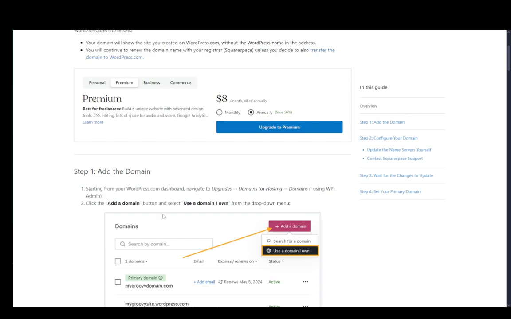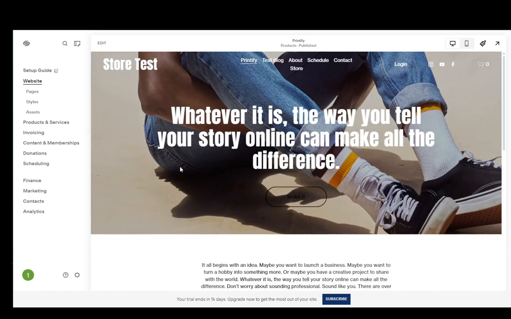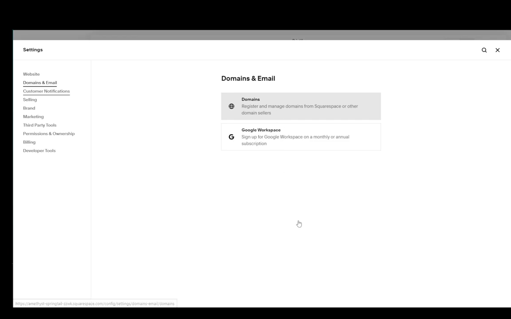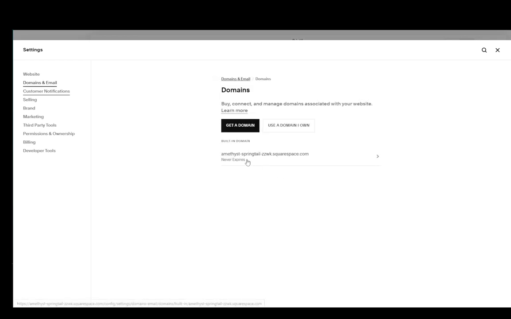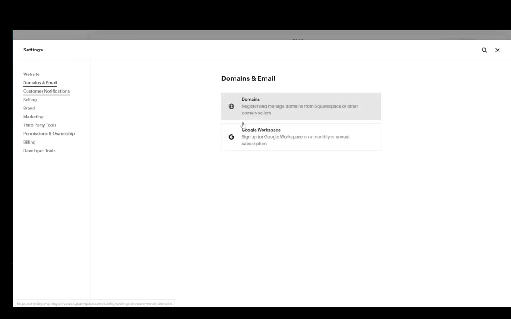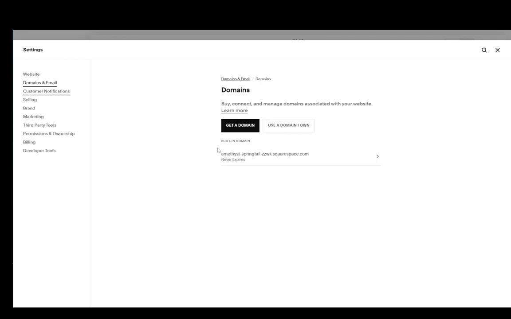First of all, you're going to need to add your domain, and your domain is the following. You can find it on Squarespace by going into your settings, and then you can go into domains, click on domains, and as you can see, currently I have a built-in domain, which is this here. You can click on it and then you can change the site ID if you want to customize your built-in domain, but I won't be doing so. But yeah, you just need to go to domains and copy over this domain right here, and then you're going